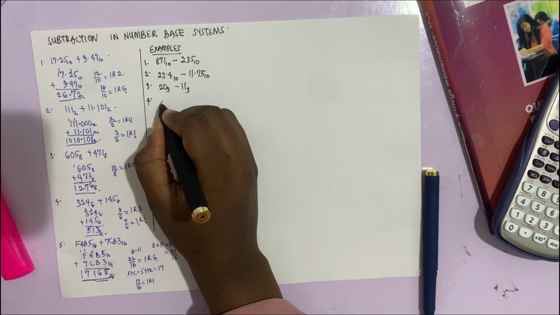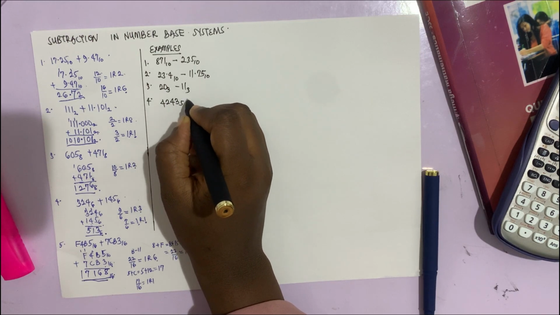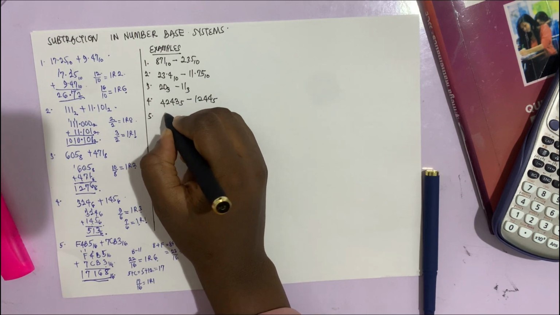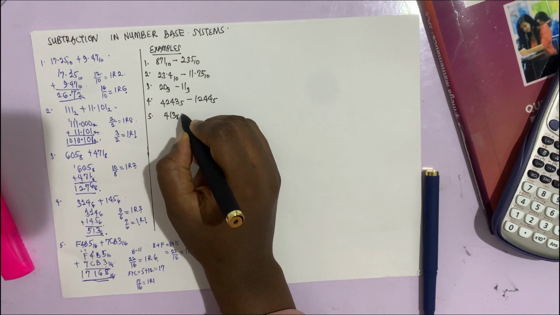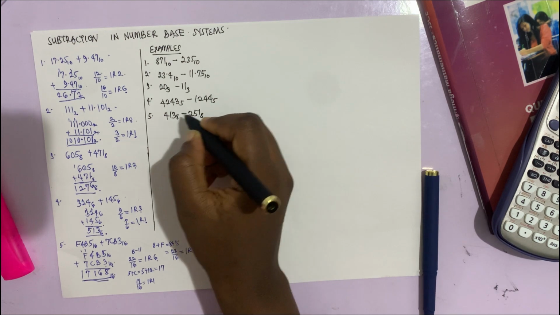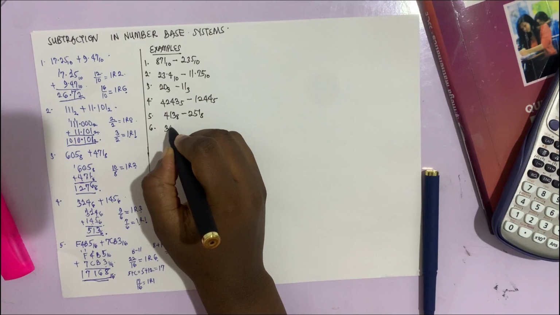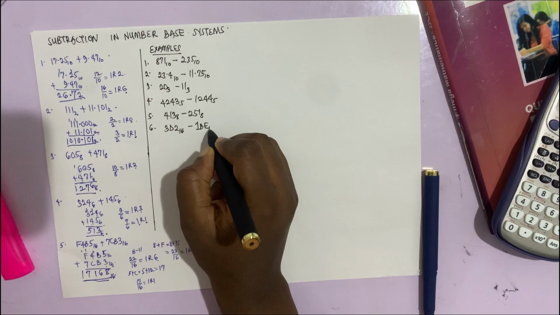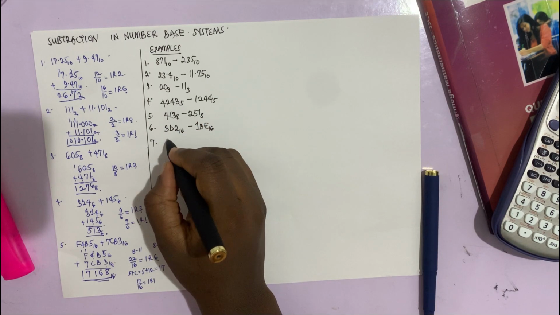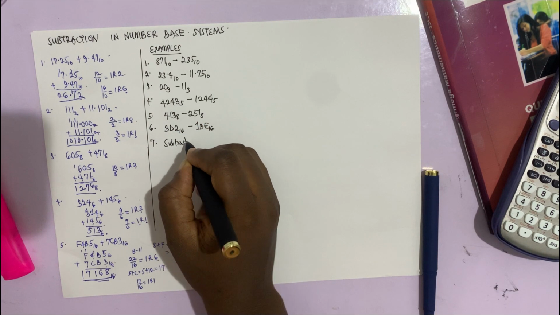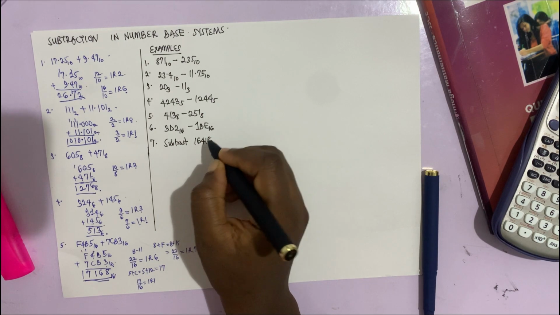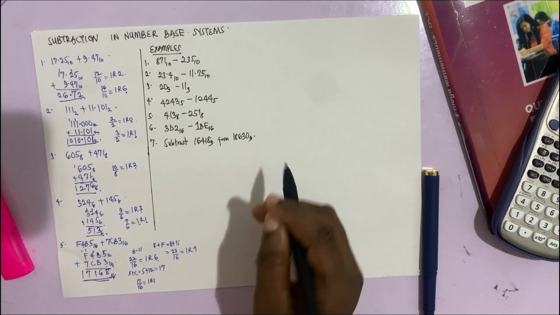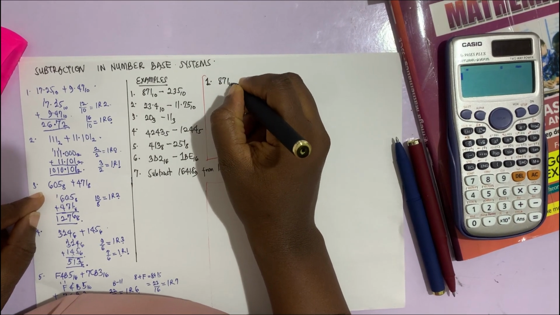Question 4. 4243 base 5 minus 1244 base 5. Question 5. We have 413 base 8 minus 251 base 8. Question 6. We have 3D2 base 16 minus 1BE base 16. Question 7. Subtract 16418 base 9 from 18630 base 9. First question says 871 base 10 minus